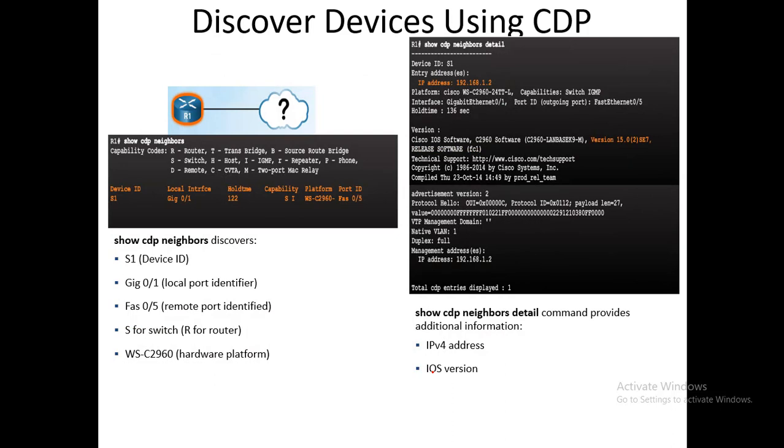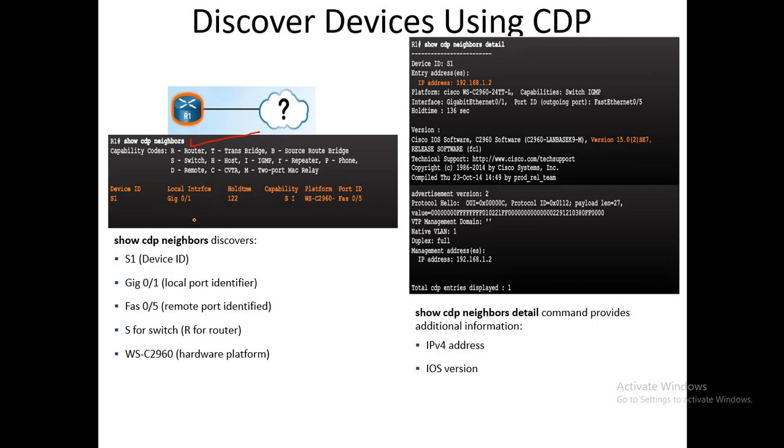Now, how can the discovering of devices be achieved by using CDP? There are some commands where you can discover the devices that are connected. This command is mentioned over here, that is show cdp neighbors.